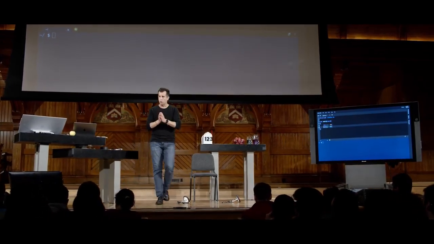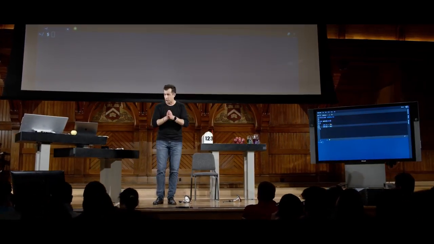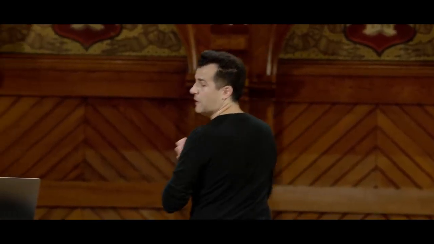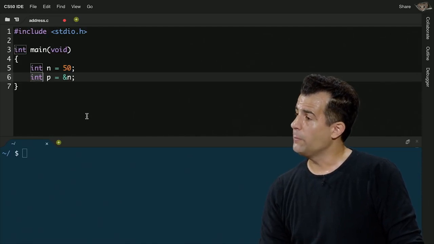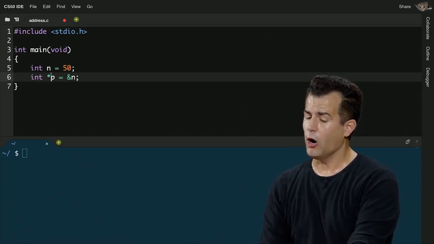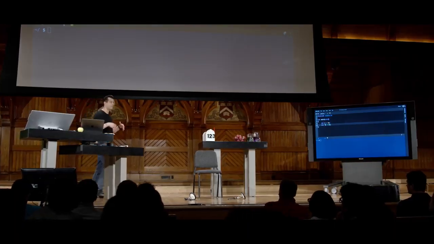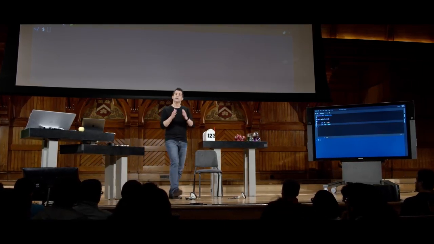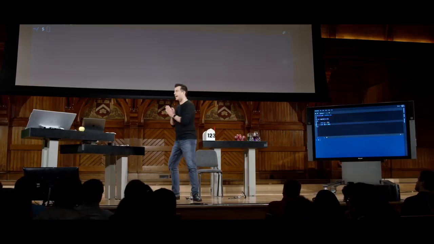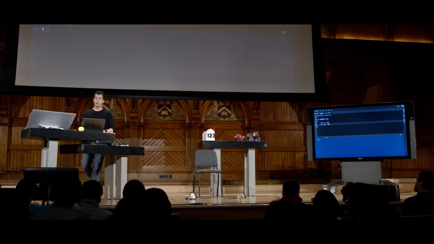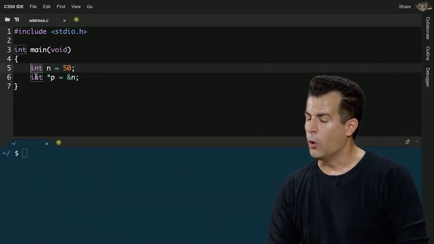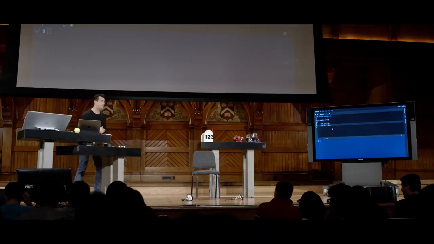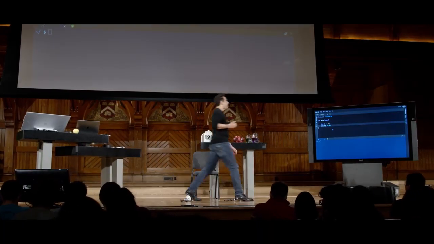But if you want to store the address of some value in a variable, you have to specify not just the type of value that's in that other variable. You have to specify with this star operator, in a very confusing, unfortunate, different context, that this is a pointer. So whereas n has a data type of int, just as it has since week 0, the only thing new now is that it turns out there's another type of data that you can describe as a pointer.